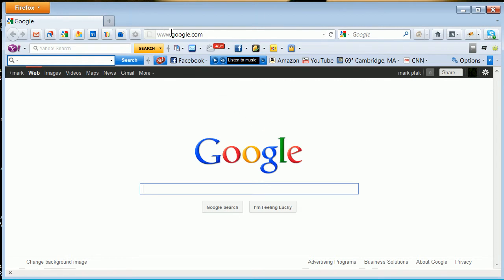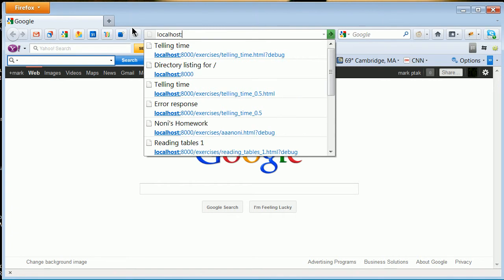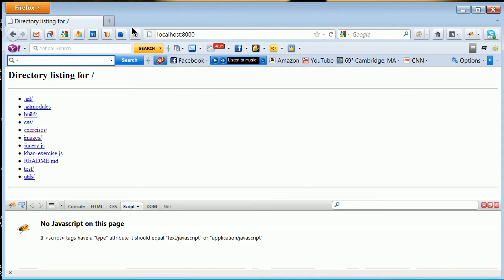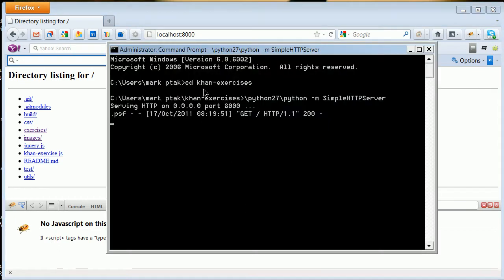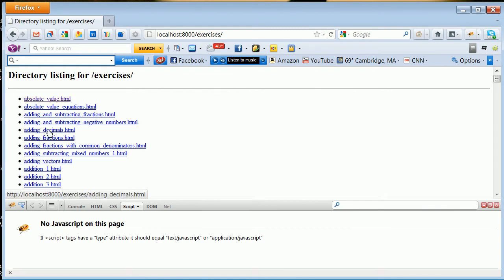Now this is the tricky part. You have to type localhost:8000. And now you are serving off of the drive that you started. So that step prior, where you changed your directory, got in the right spot, and then ran the local server, is an important one. At this point, as you're running Khan Academy, hit exercises here. You are actually running it off of your local drive.